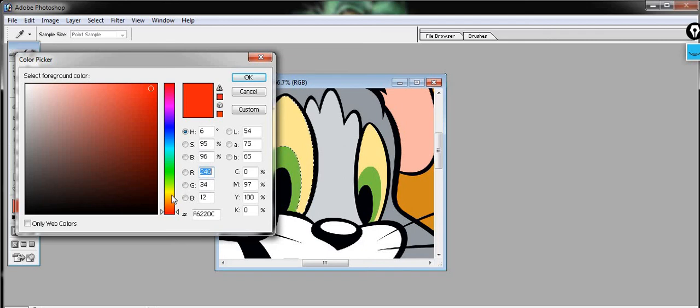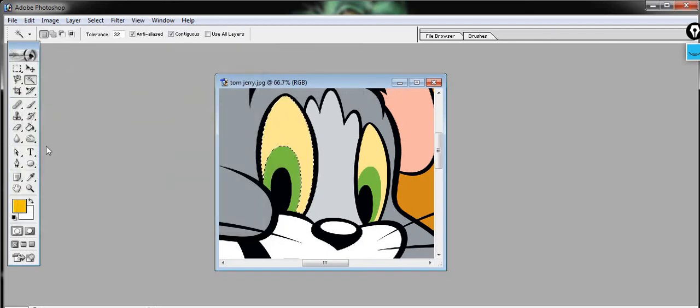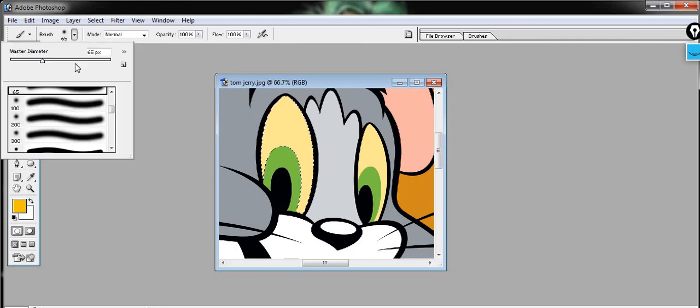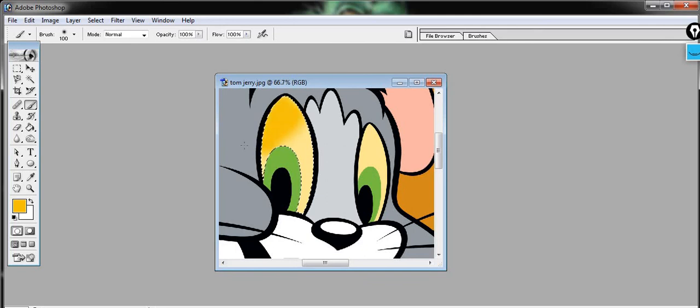as some like this color. Okay, and I'll take the brush, and brush size should be 100. I'm taking, and now see I'm changing its color, right?